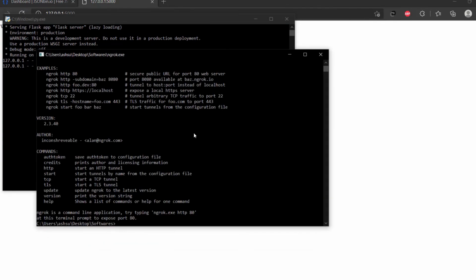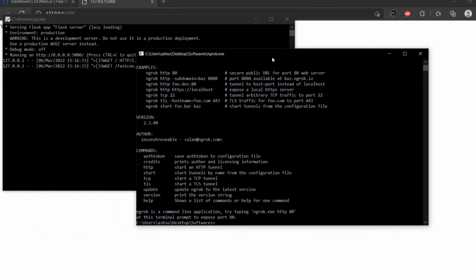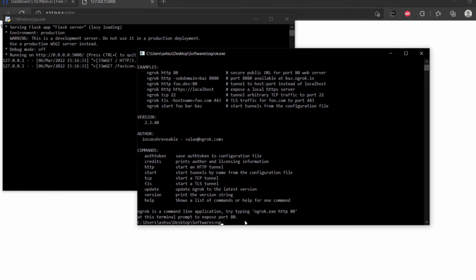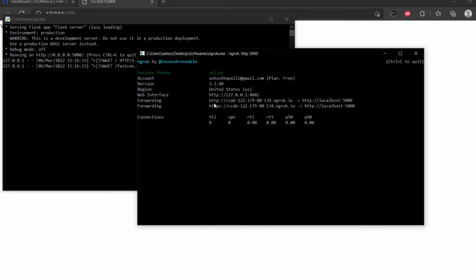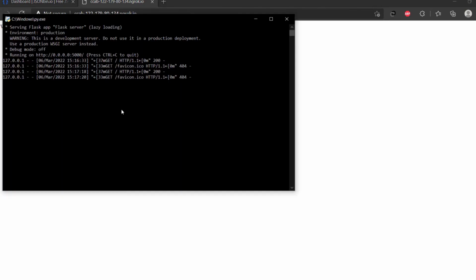Now start the ngrok services. I have opened the ngrok software. You have to type ngrok http 5000. I have used port 5000 for my server. Here it will generate a new dynamic URL. You can copy this URL to use in your browser to access it. As you can see, it is also returned by my Flask server, and you can see this newly added